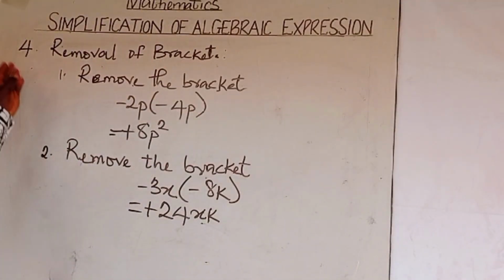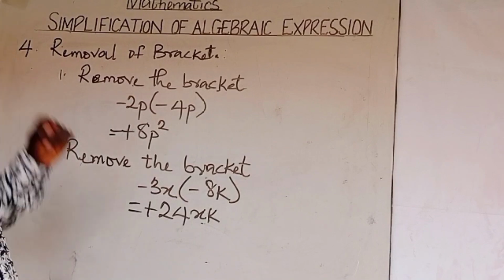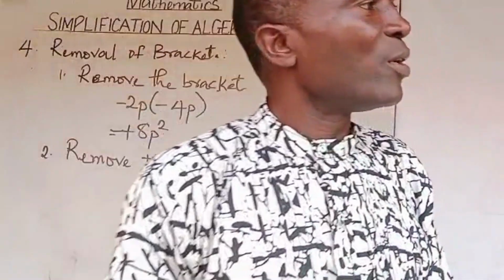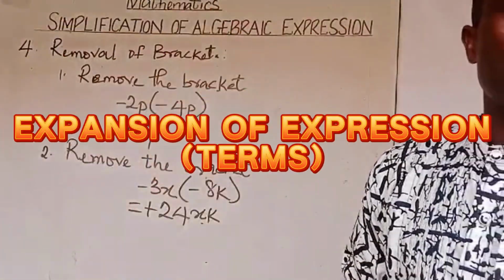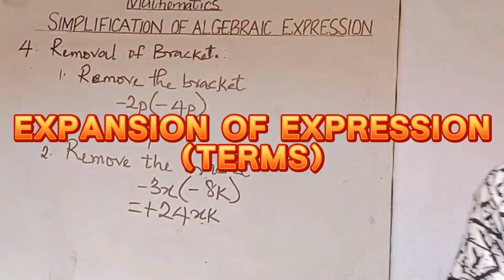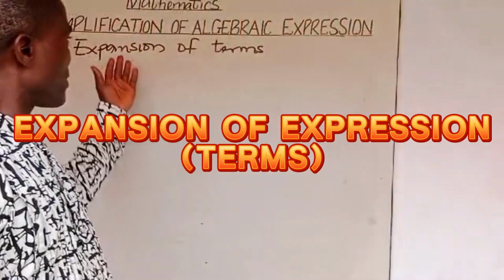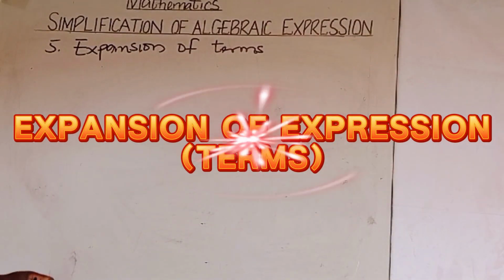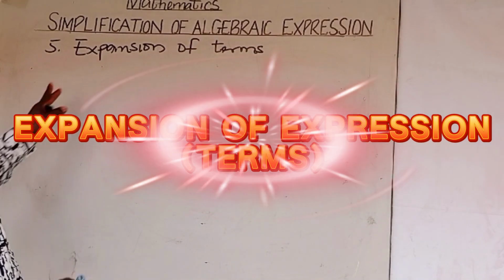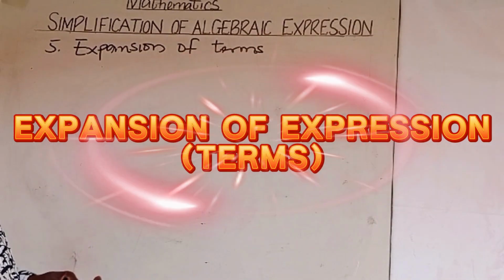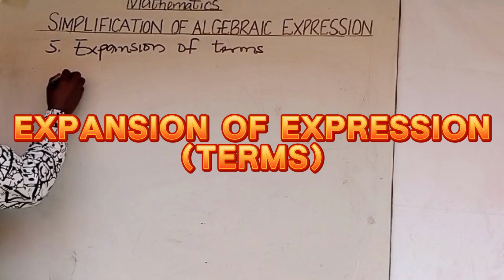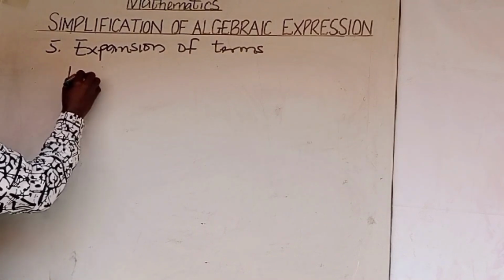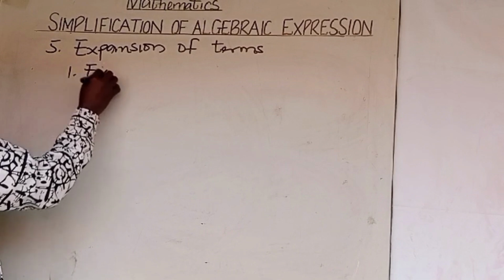And so the next commonly used term in algebraic expression is expansion of expression or expansion of terms. Expansion of term, that is the next commonly used term in algebraic expression. In expansion of term, you might be given this type of example. Maybe in an exam, you might be asked to expand